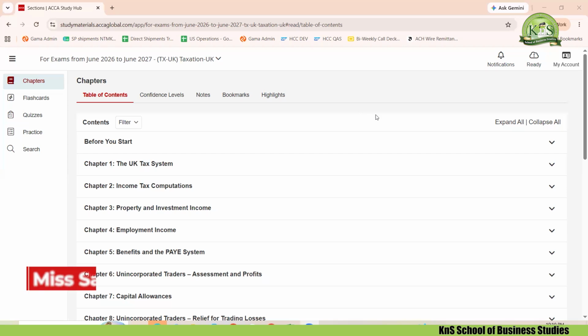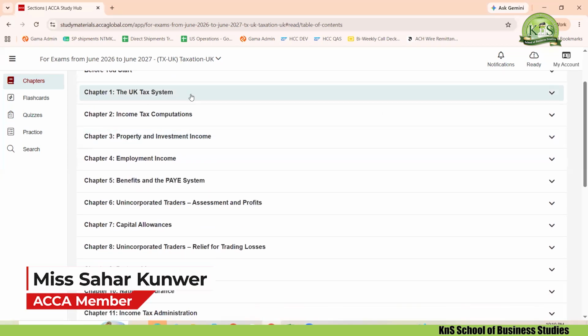Okay, so what are we having in front? We are having all of the chapters and the topics that ACCA taxation itself has divided the syllabus into. In the orientation session, if any of you has not attended, you can get the recording of that session, in which I have explained the syllabus areas, how much the examiner likes to examine each area, and with how many maximum or minimum marks.